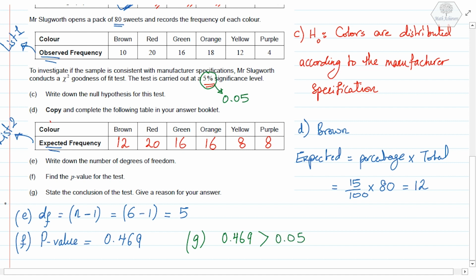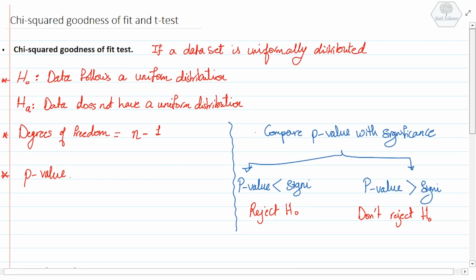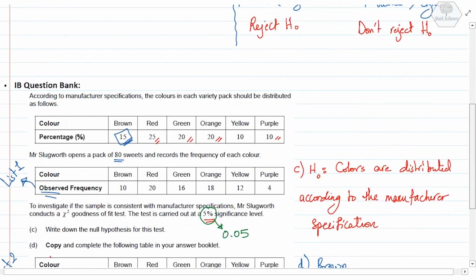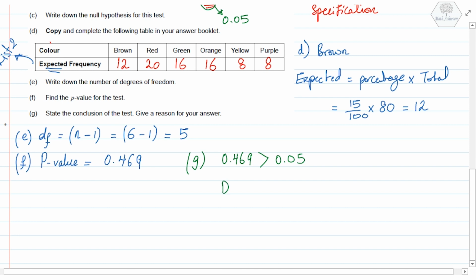Since the p-value is greater than the significance level, as we discussed in the beginning of this lesson, we do not reject H0, which means that we can conclude that colors